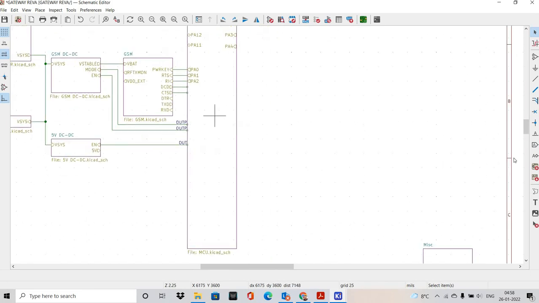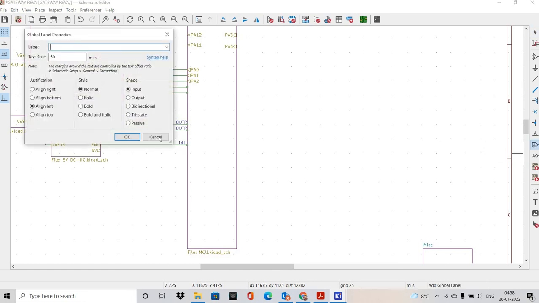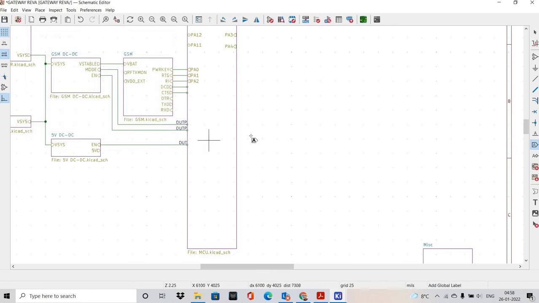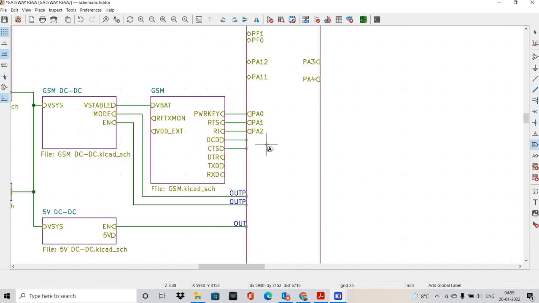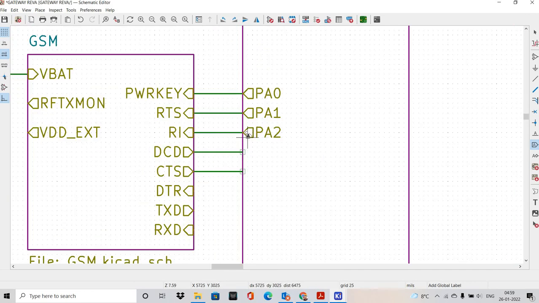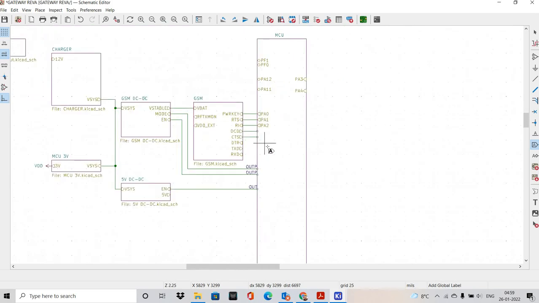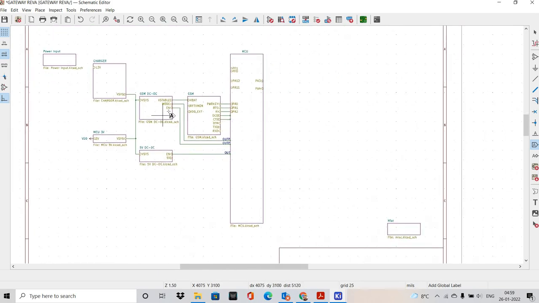And now there are other levels here, this is the global level. When we are using this global level, there is no need for a hierarchy connection. So let's say we do not want to make this hierarchy connection. In the top sheet we can add all those blocks,